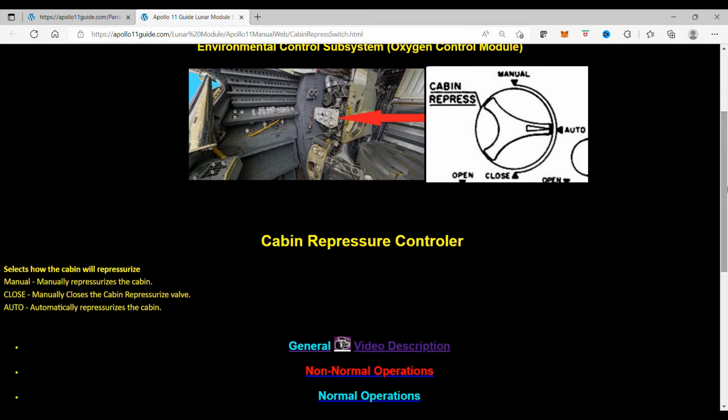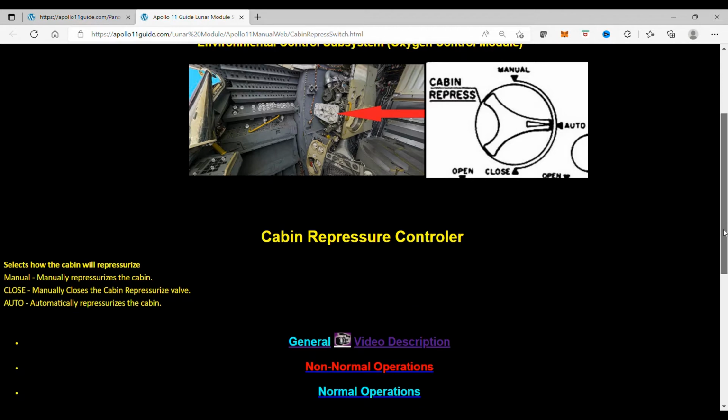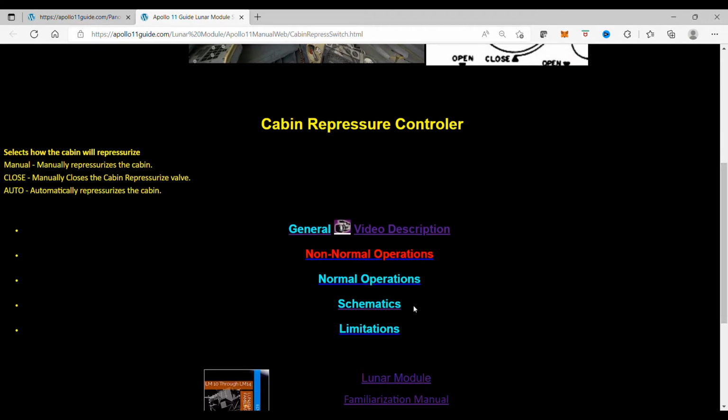First, we're going to go over what the cabin repressure controller is and what it does. It selects how the cabin will repressurize. Manual means it manually repressurizes the cabin when you come back in after your moonwalk. Close, it manually closes the cabin repressurize valve, and auto, it automatically repressurizes the cabin. So, when we look at it in the schematics,